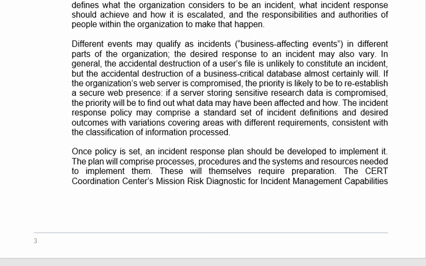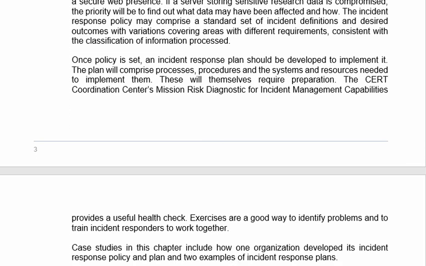Let's take an example. Suppose one of your servers has been compromised. It has been hacked by a hacker. In an incident response plan or policy, you should write what immediate action you are going to take in that case. You need to first disconnect the server from the internet, so that hackers do not have any more access to the network. These are the things that come under the policies and plan when we have the incident response policy and incident response plan.